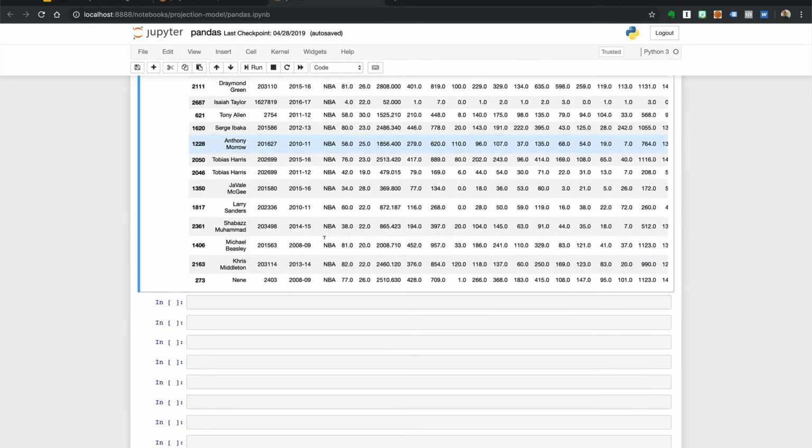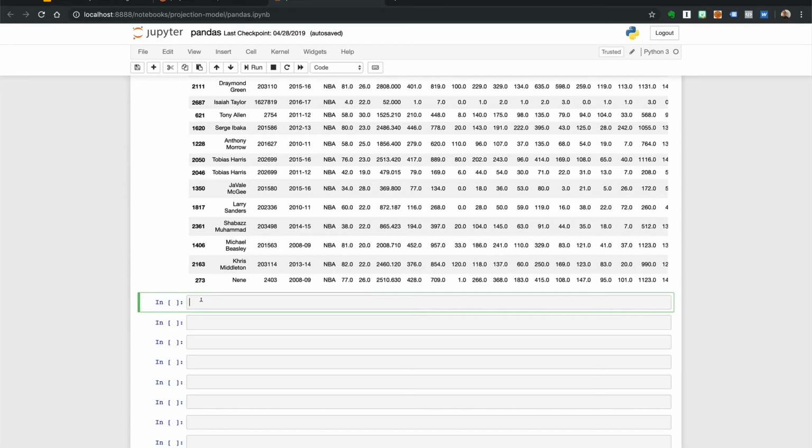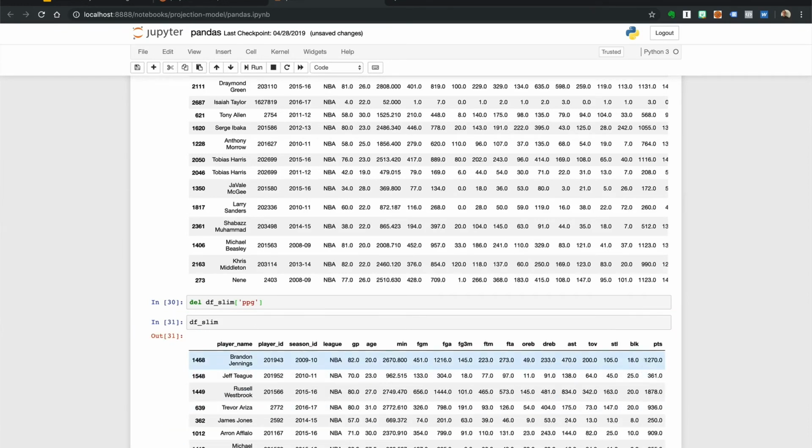Now, Pandas also provides multiple ways to delete a specific column. To flat out delete a column, we can use the delete command, which is del. To do so, we pass the del command, followed by the data frame and column name we want to delete. So let's say we wanted to delete the points per game column we just ran. If we run this and we go and inspect our data frame again, we'll notice the points per game is